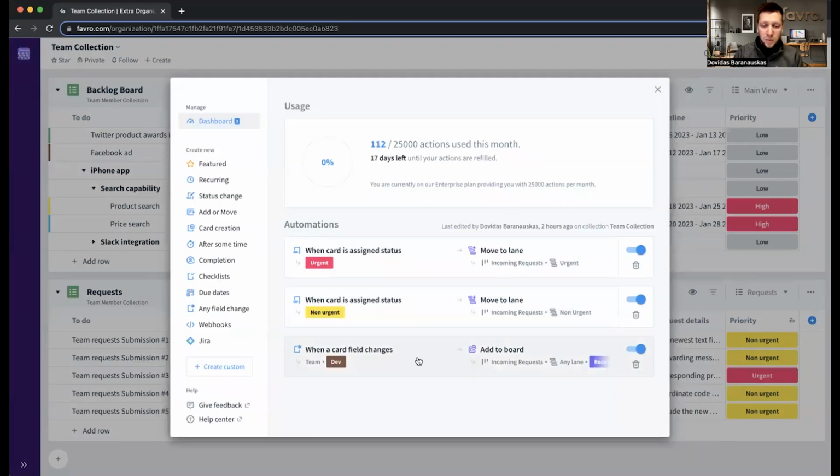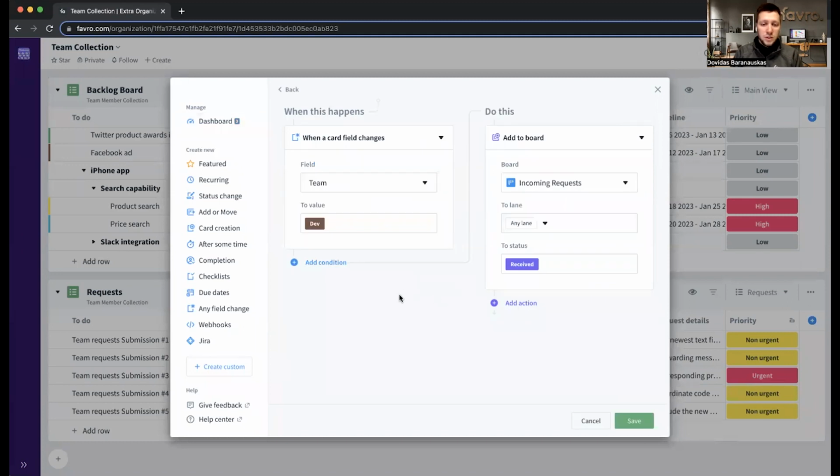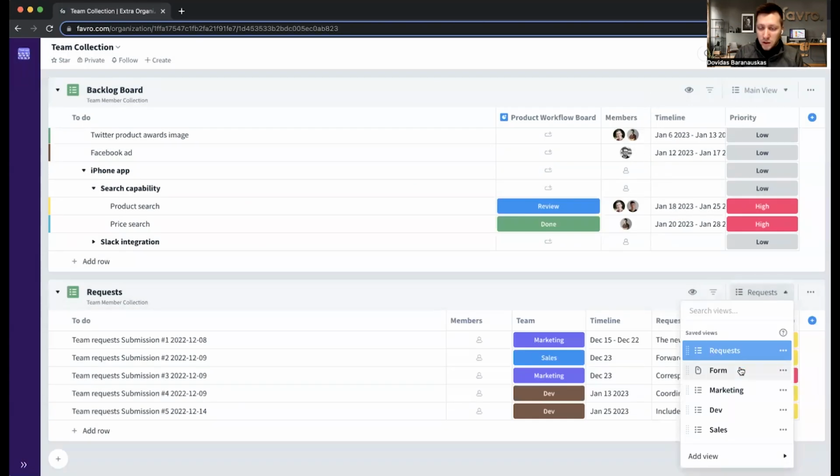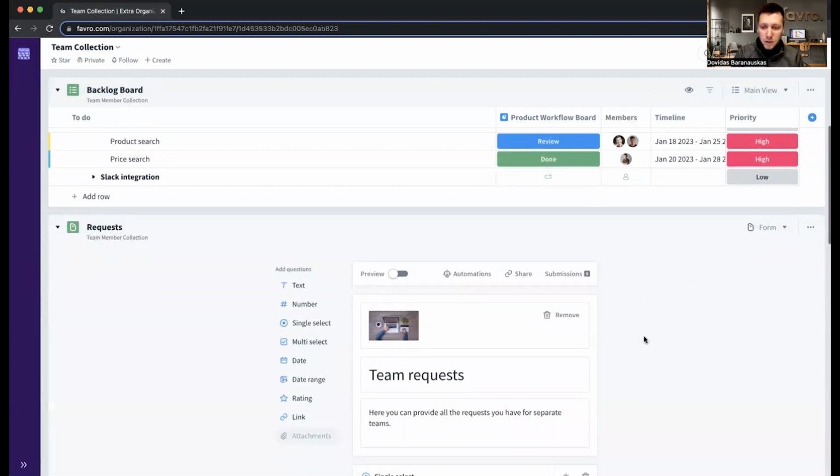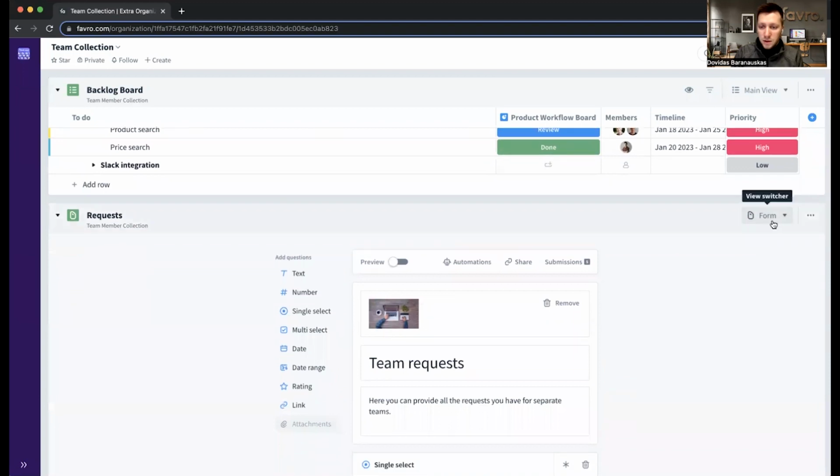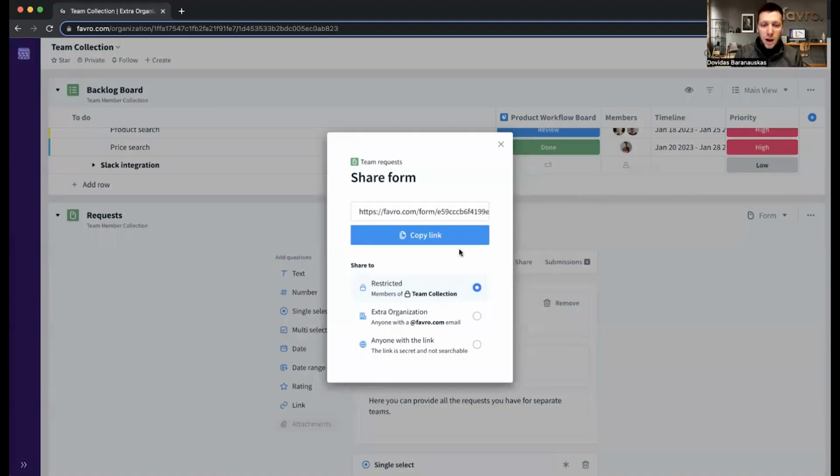And here we have a simple automation that says when a card field changes, that means when a person fills in the form and selects one of the options for dev or dev team, this task is added to the incoming requests for the dev team board, which I'll show you in a moment. From here, the dev team can be notified and start working on this submission that has been made by the form. Actually, let's go and fill in the form right here